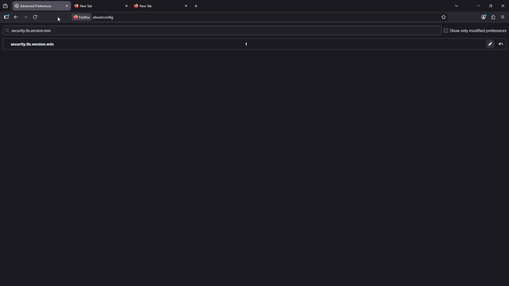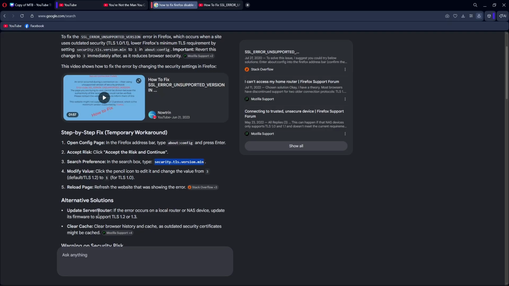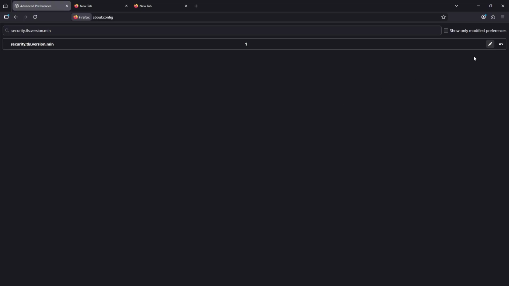And just simply refresh the page of your error tab, or you can just close out Firefox and open it up again. Now if it doesn't work out, you might have outdated security certificates. Now if it doesn't work out, what you could try to do again is go for